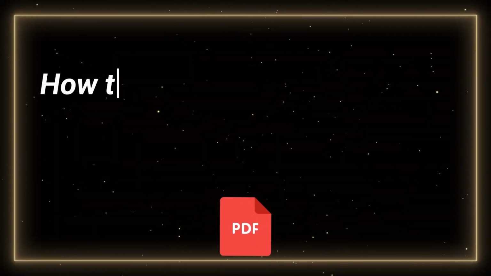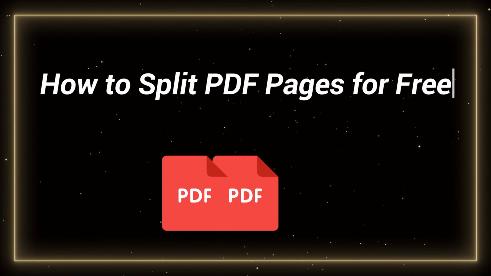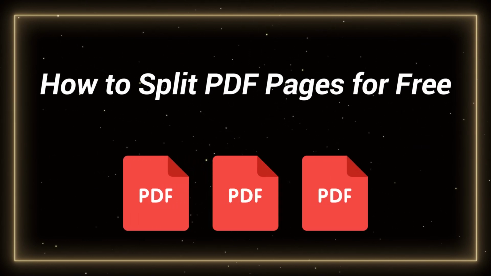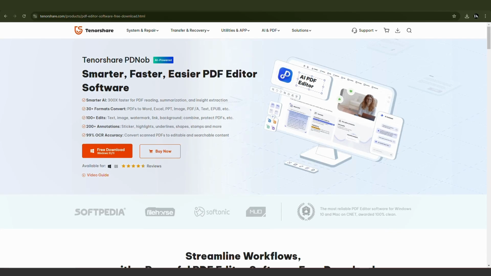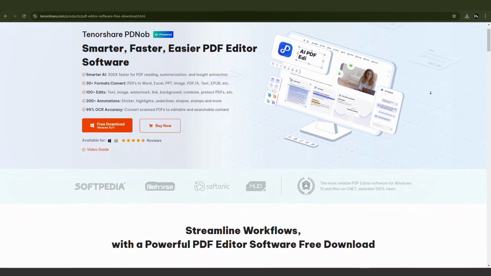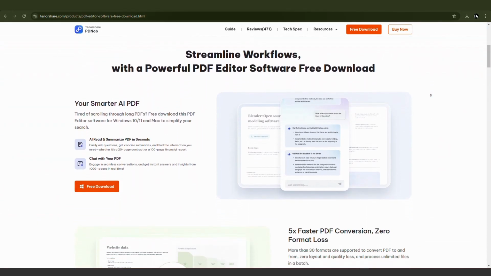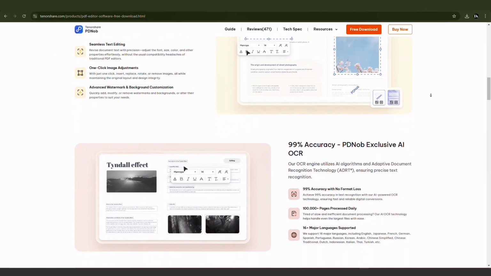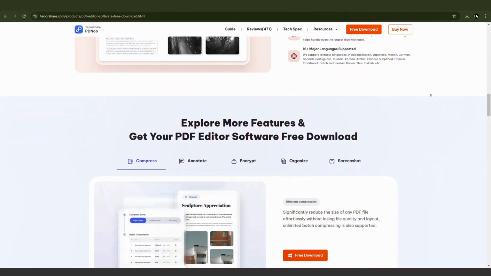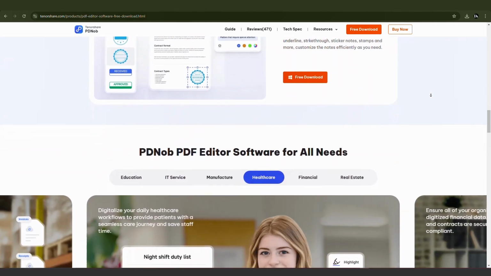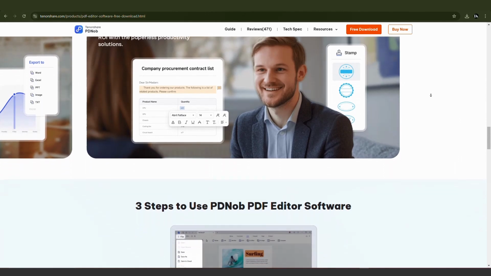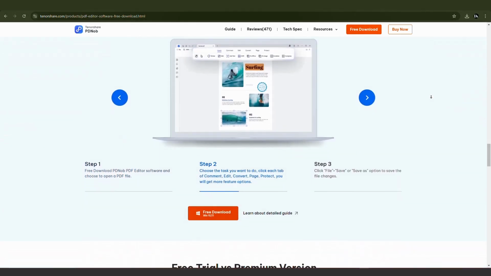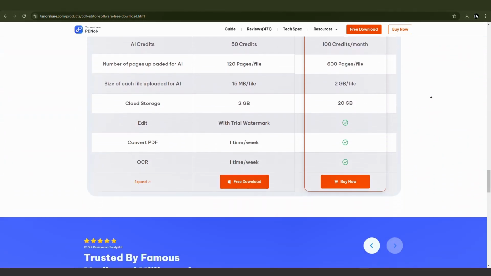In this guide, we'll show you how to split PDF pages for free using Tenorshare PDNob in just a few clicks. Tenorshare PDNob is a powerful and versatile PDF editor available for both Windows and Mac, offering tools for editing, annotating, converting, and performing OCR. It also includes a free split PDF feature, which makes organizing PDF pages simple and fast, ideal for students, professionals,